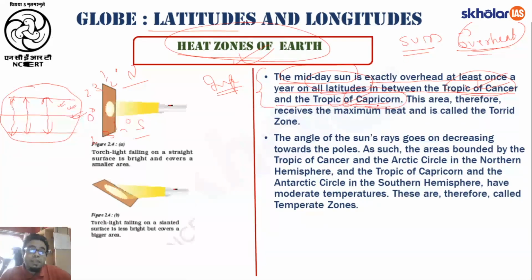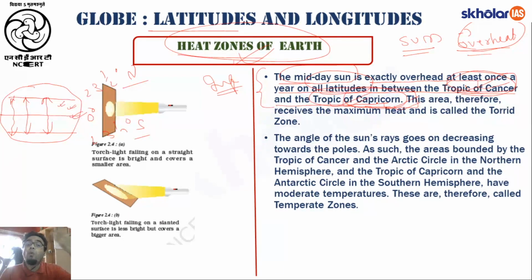Beyond the Tropic of Cancer and beyond the Tropic of Capricorn, what happens? The sun is never perpendicular. The sun will always be present obliquely. Very, very important. Understood? So it is only between the Tropic of Cancer and the Tropic of Capricorn that the sun will be perpendicular. Beyond the Tropic of Cancer and beyond the Tropic of Capricorn, for the latitudes which are present there, the sun will never ever be perpendicular, but rather it will be oblique, or in a slanting format.